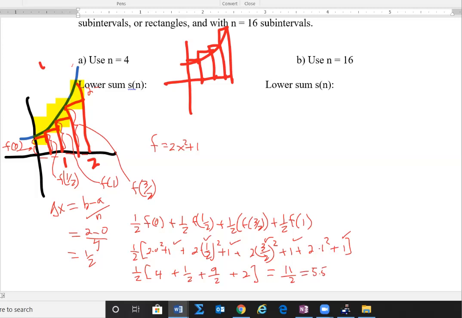Okay, so we got the sum there, and that is an approximation to the area. We can call it the lower sum, in this case using rectangles. And each rectangle has the same width. We call that a regular partition. What we just made here is a regular partition. We partitioned the interval from 0 to 2 into equal subintervals. Each had a width of 1/2. That's called a regular partition. And here we got 5.5. Okay, now